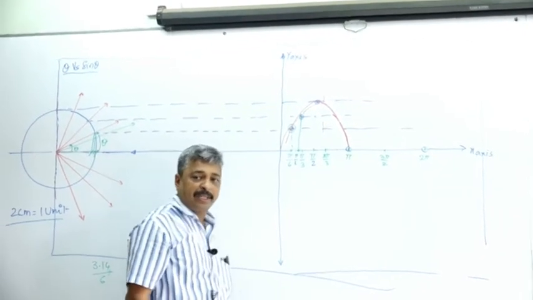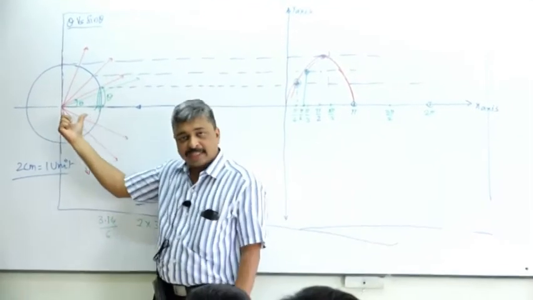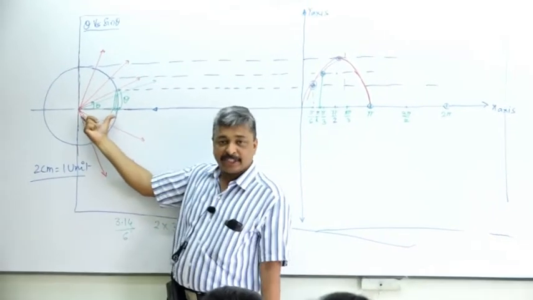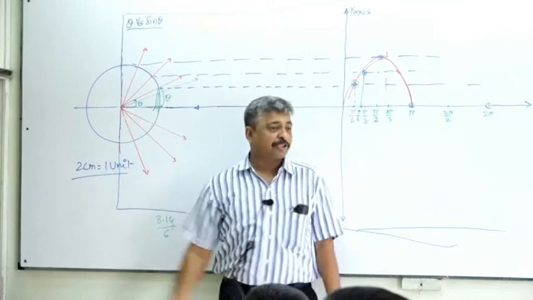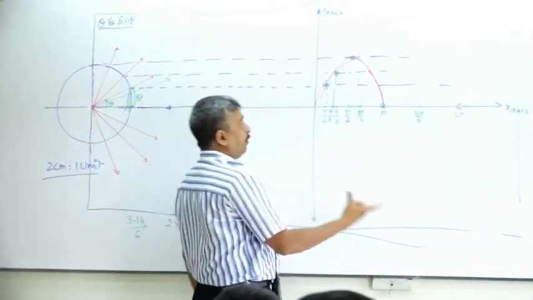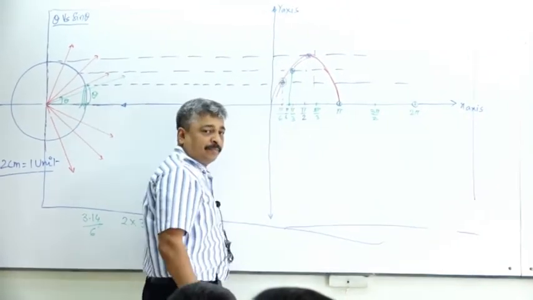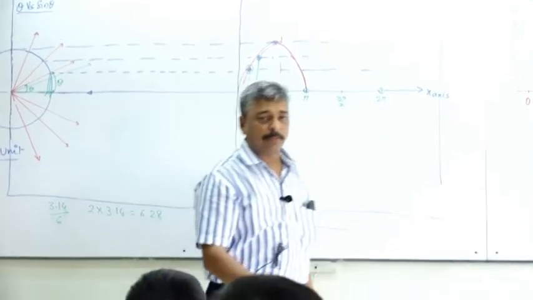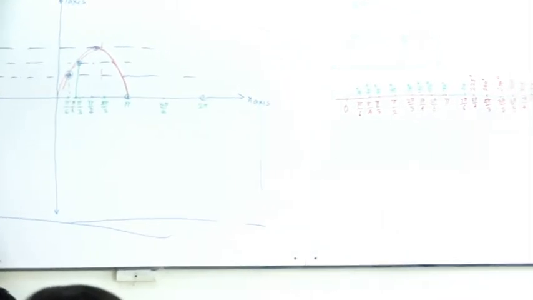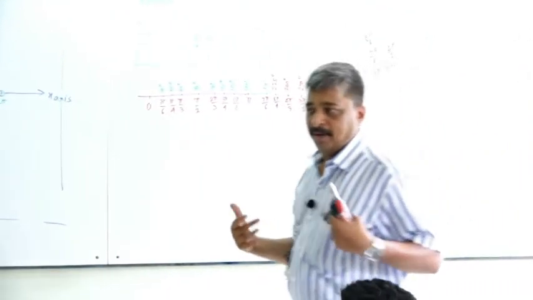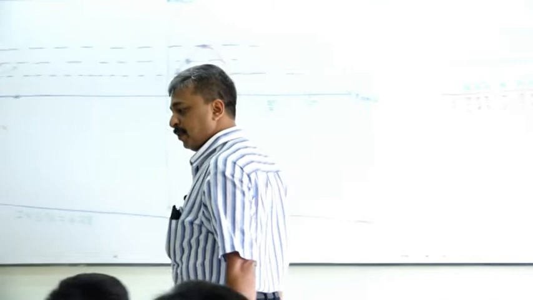Right, do you understand? Because we are supposed to plot cos. Cos means x-axis distance, this x coordinate. So horizontal distance is to be made vertical and plotted. That is how we are supposed to draw the cos curve, and it will look a little different from the sine curve. We need to find out what is the difference between them.